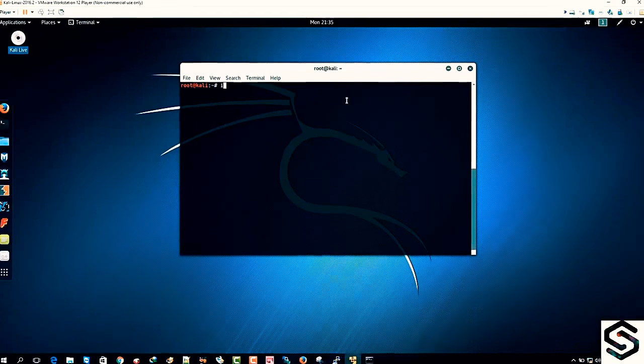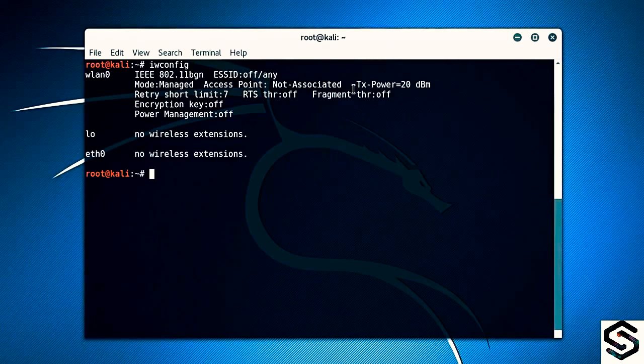So let's see the available Wi-Fi interfaces. And the available Wi-Fi interface is WLAN0. By default, it is on managed mode, and you can see here as well. Now I am going to make use of a command called airmon-ng start wlan0. This command will enable the monitor mode on wlan0. Hit enter,